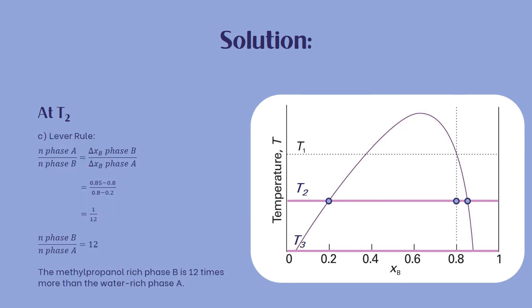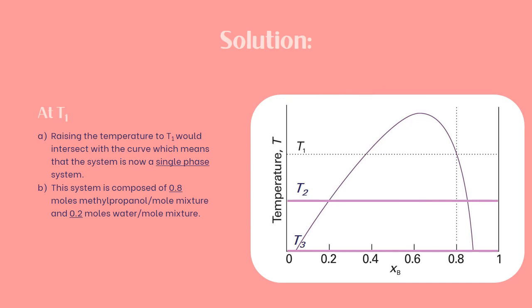Again, we use the lever rule with the same formula, and we will now see that at a higher temperature, the methylpropanol rich phase is now 12 times more than the water-rich phase. Raising further the temperature to T1 would intersect with a curve, which means that it is now a single-phase system. This is composed of